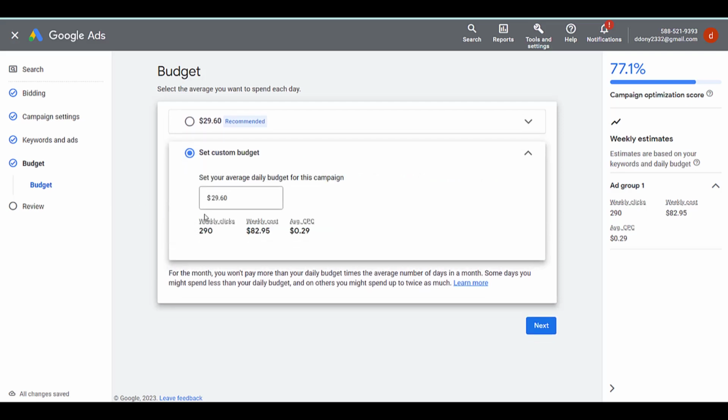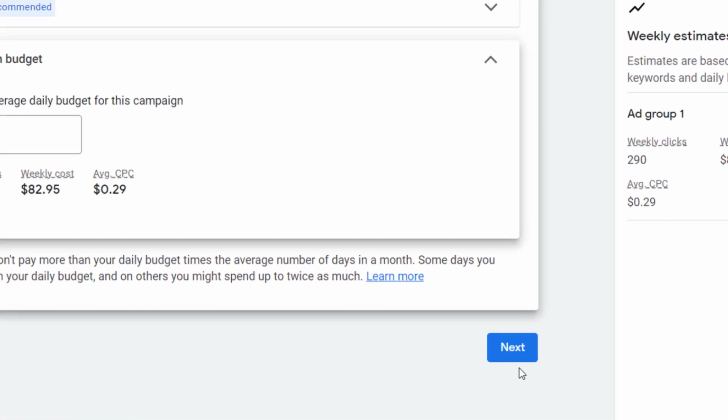Let's say $70, 20 cents. Or you can go back to the budget recommended by Google Ads. Set. And then hit next.